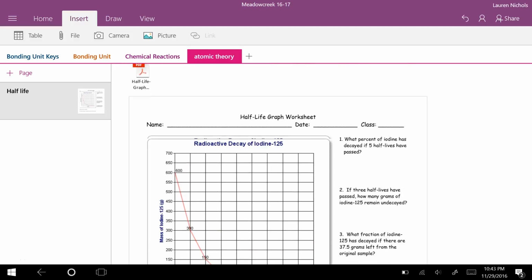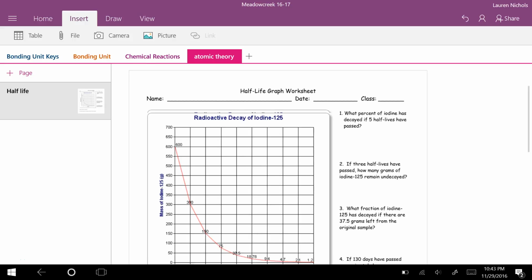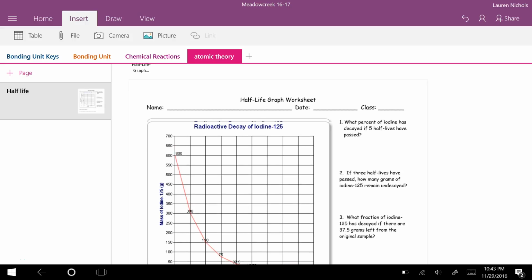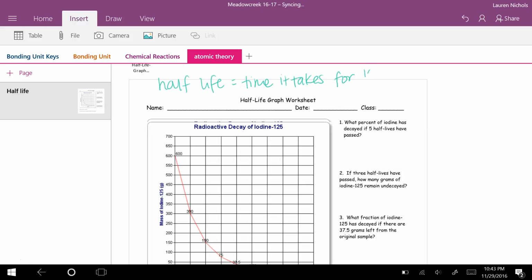When working with half-life, it's important to understand what half-life is. So before we can begin this worksheet, we need to have a working definition of half-life. Half-life is the time it takes for 1/2 of the material to decay. And so half-life is measured in units of time. So units could be seconds, minutes, days, years, something along those lines, but it has to be